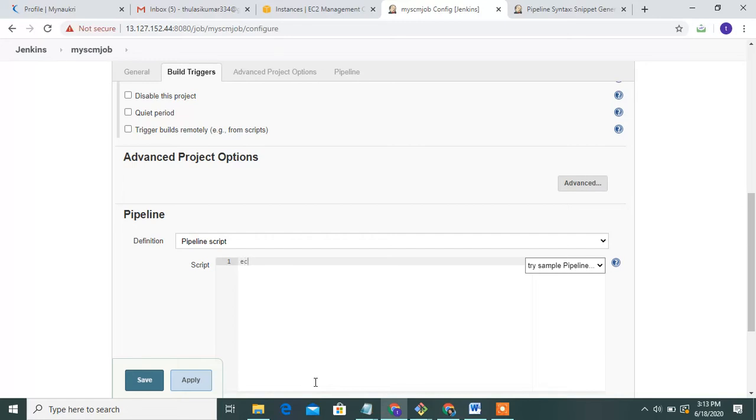Echo. Guys, this is a real-time project. Companies also use it this way. Then stages.